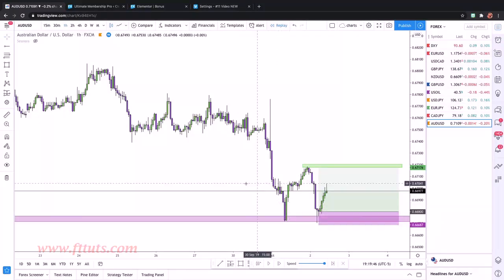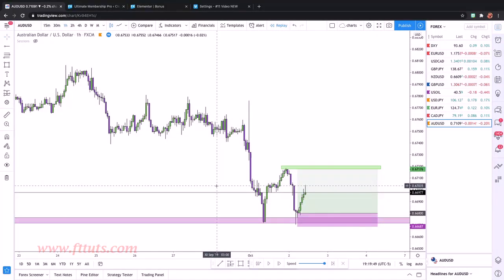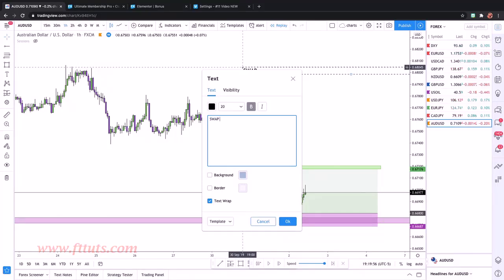Let's just see what happens. Actually, one thing I want to talk about is swap, because I never talked about it before. Swap is something the broker has in MT4, MetaTrader 4. Basically, if you hold your trade over a couple days or even one day, they charge you a certain fee. On AUD USD, for example, if you go to your MT4 and go into quotes, make sure you write this down. Go into quotes, number 2,